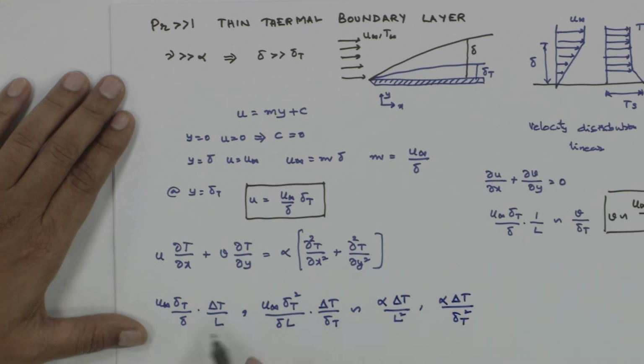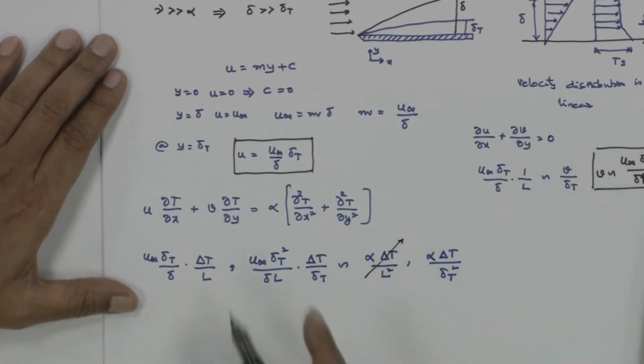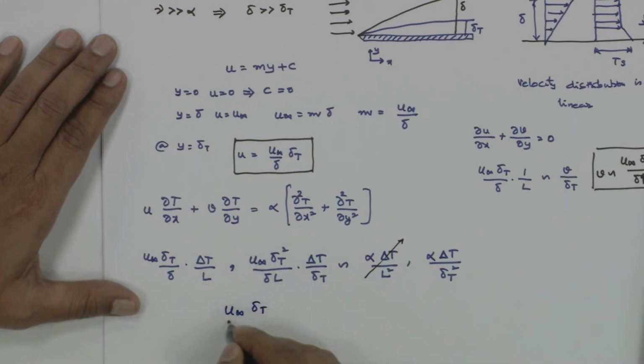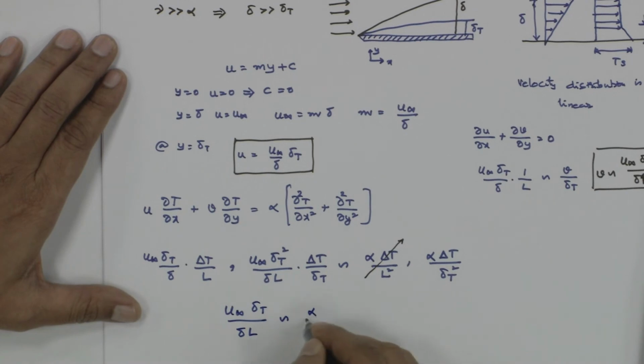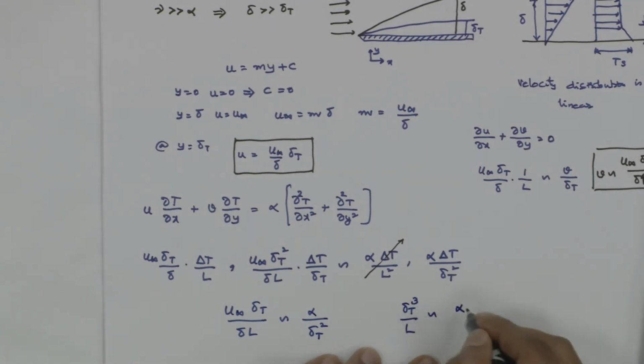You see here both the scales are same, and this scale is very small, this can be neglected. So we end up getting u infinity delta t by delta L is of the order of alpha by delta t squared. So delta t cube by L is of the order of alpha by u infinity